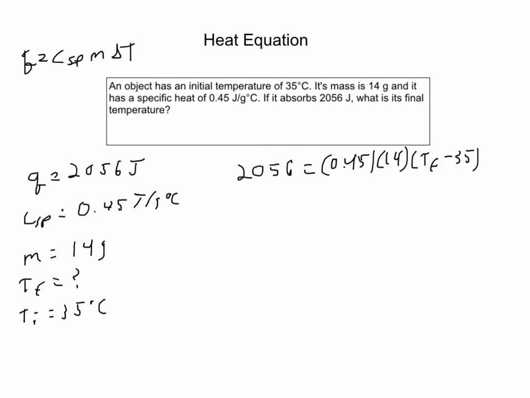So when we start to solve this, we end up with 326.3 equals TF minus 35. Notice that you have to simplify everything else before you solve for TF because we have multiplication here, but here we have subtraction. So we have to multiply these together and then divide on both sides to get 326.3, and then we add 35 to both sides, and we end up with a final temperature